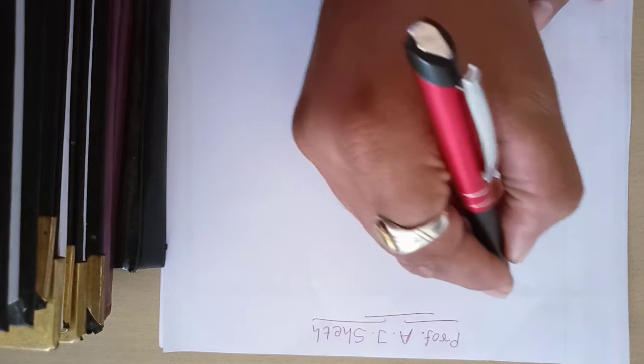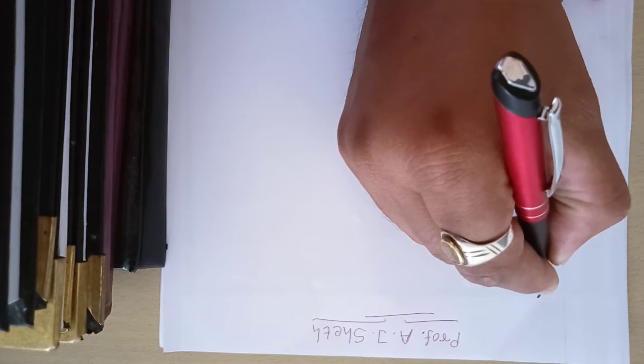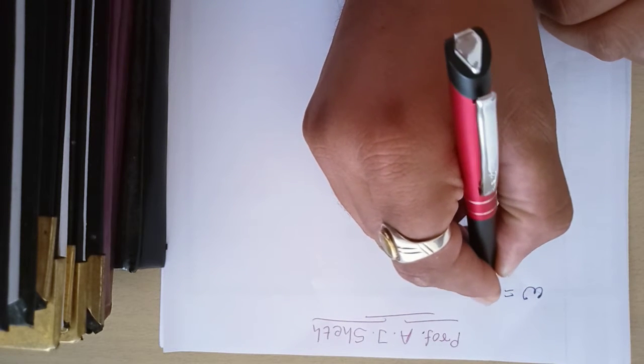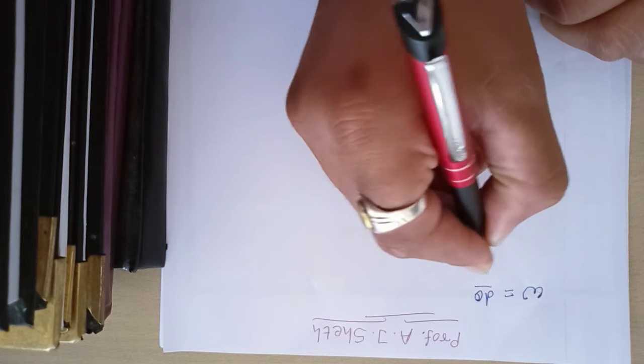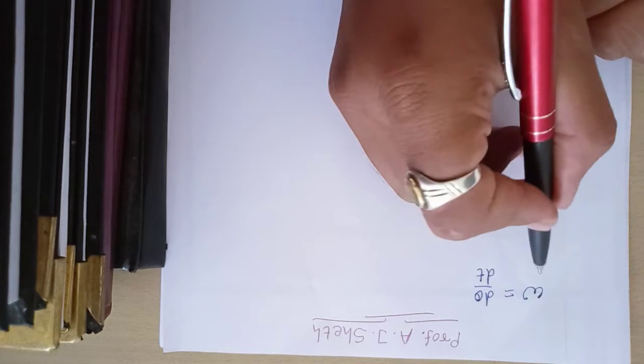Now, prior to directly jumping to what is gyroscope, one should understand the basic concept of angular velocity and angular acceleration. See, this is very important. What is angular velocity? Normally we represent it with the help of omega. So omega is d theta by dt. What does it represent?